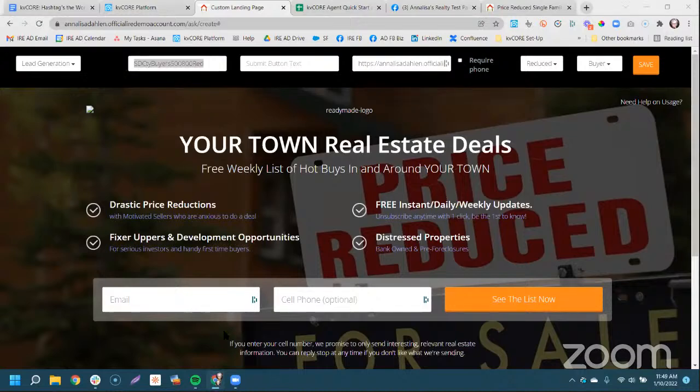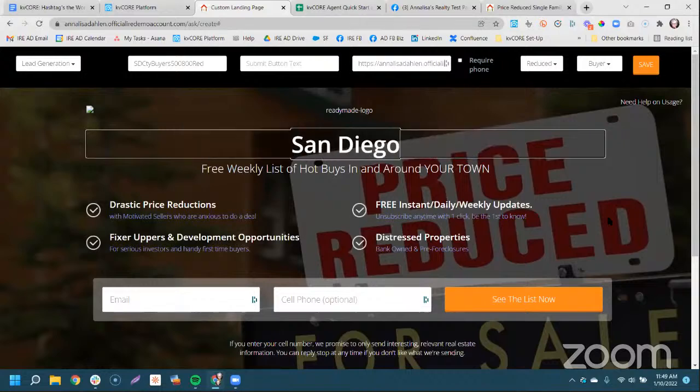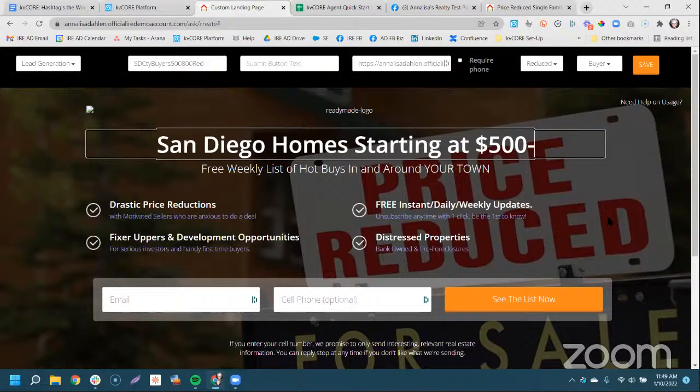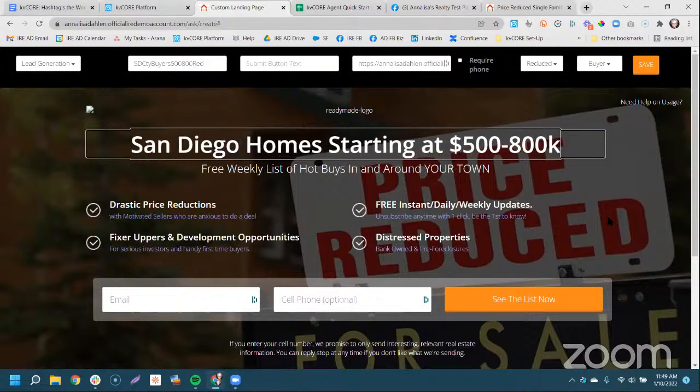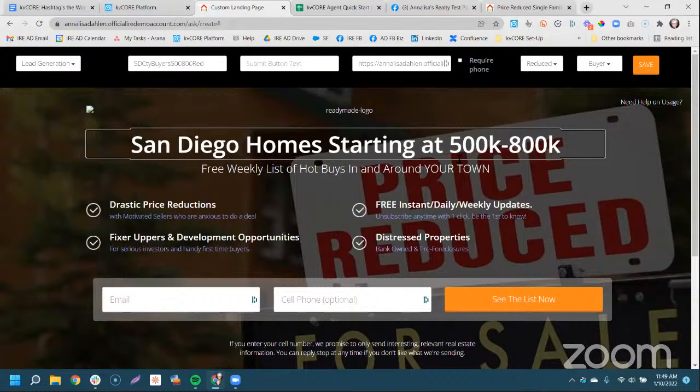Once we have that top section filled out, this is where we can go in and say San Diego homes starting at 500,000, or 800K. However you want to have that show up, right? Maybe it's between.